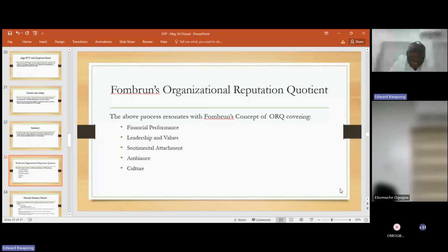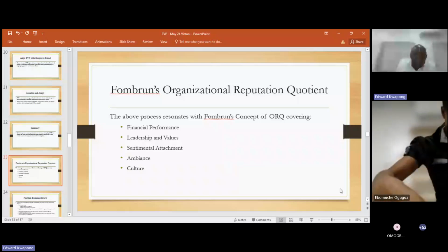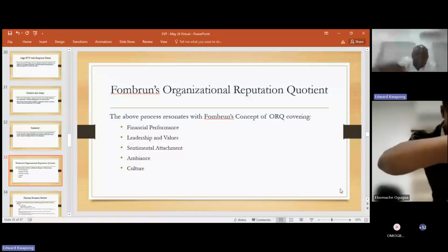Then others are attracted by ambience, the mere ambience of the place, the neatness, the color combination, the air conditioning, the furniture. Okay? And then, of course, the culture. You've talked about healthy cultures and unhealthy cultures. So from Von Braun's paper, the concept of organizational reputation quotient resonates with the concept of employee value proposition. If an employer is coming up with all these strong financial performance,